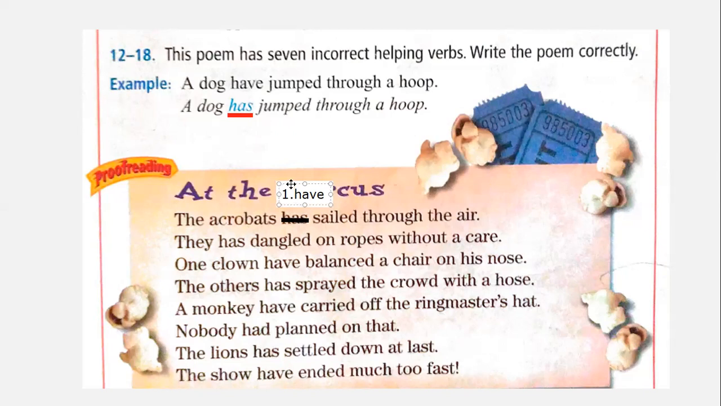They have dangled on ropes without a care. Let's read it one more time. They have dangled on ropes without a care. Again, we identify the subject, we identify the verb phrase. This is what you should be doing in your head. And if you said they for subject, you are correct. And if you said has dangled, you are also correct. So let's go ahead and underline it. That's fine. Has dangled. Let's get used to doing it 2 times so that we